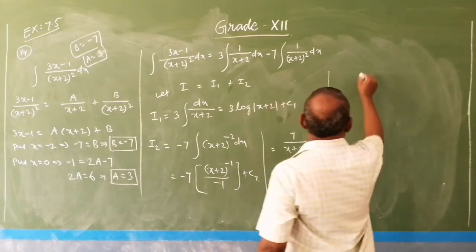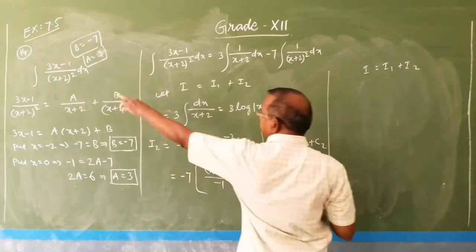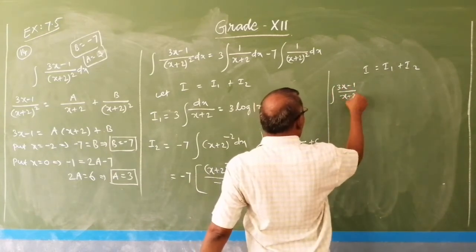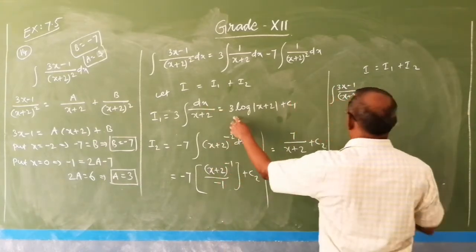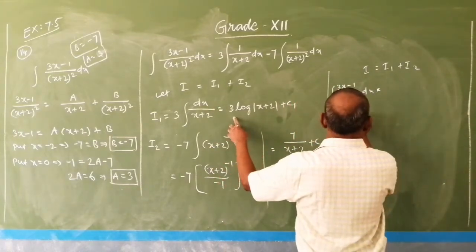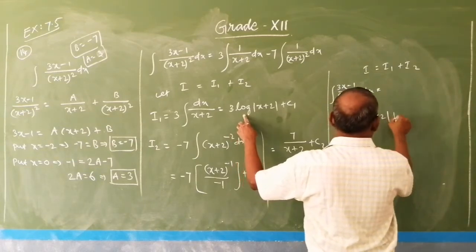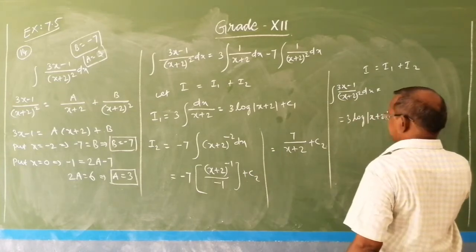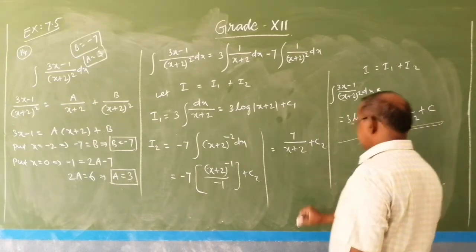Now we have I equal to I1 plus I2. So the integral (3x minus 1) by (x plus 2) the whole square into dx equal to I1, which is 3 log of modulus of (x plus 2), plus I2, which is 7 by (x plus 2), plus c, where c equal to c1 plus c2. So this is the